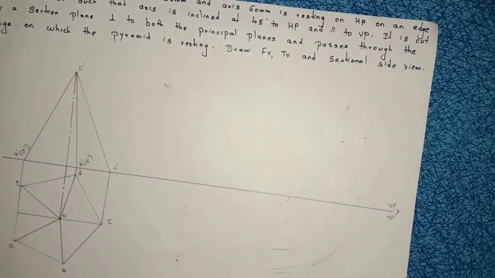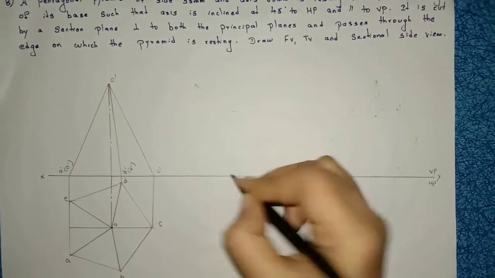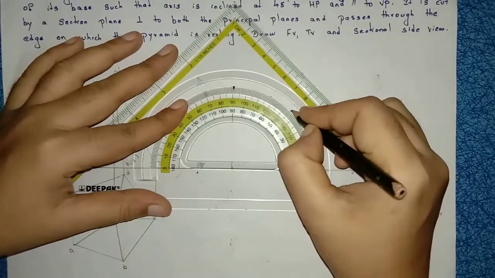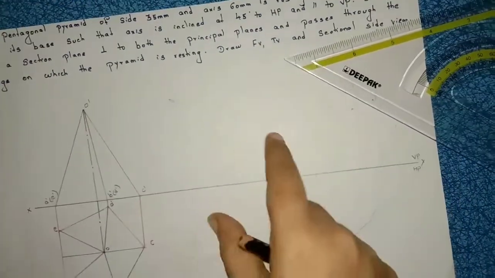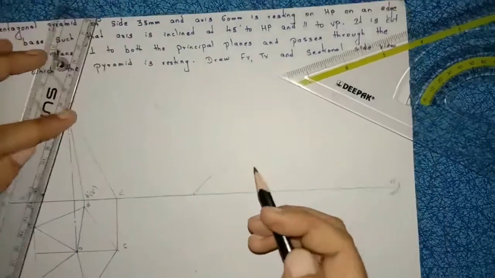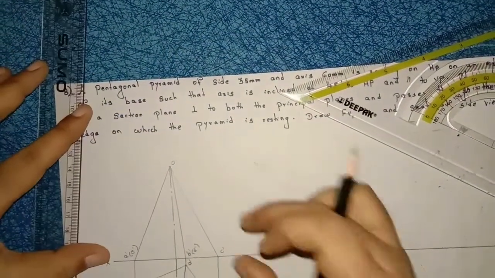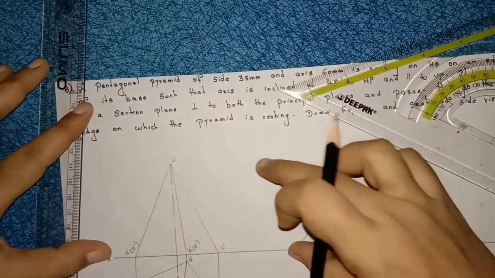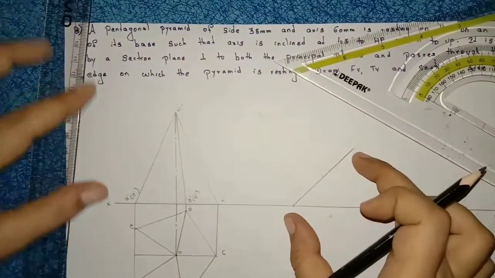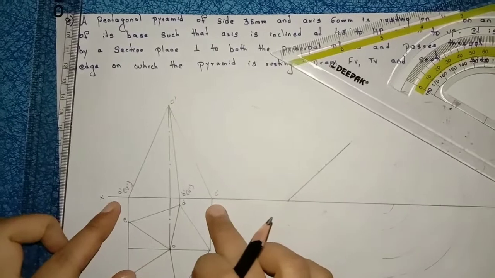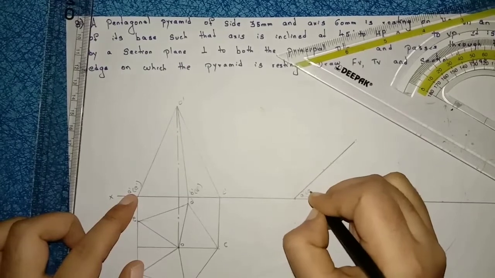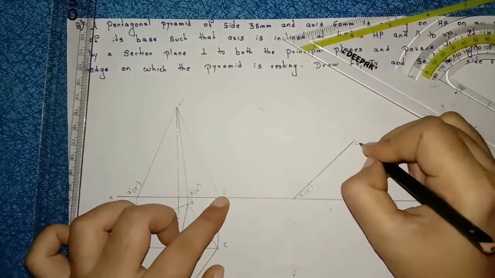If the axis is inclined at 45 degrees to HP, the base is also inclined at 45 degrees to HP. So mark any point on the reference line, take a 45 degree angle, measure this base and draw it with an angle of 45 degrees. Right, now take O dash C dash length with compass, draw here. O dash A dash length with compass, draw here. Or otherwise, after constructing this base, this point is A dash E dash, write down here A1 dash of E1 dash. This point is C dash, name it as C1 dash.